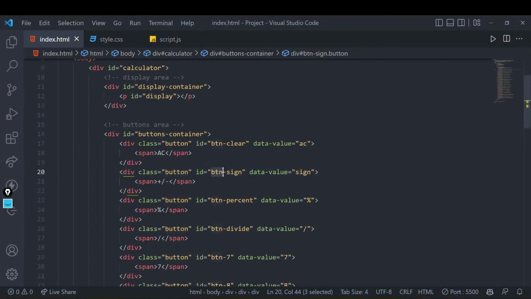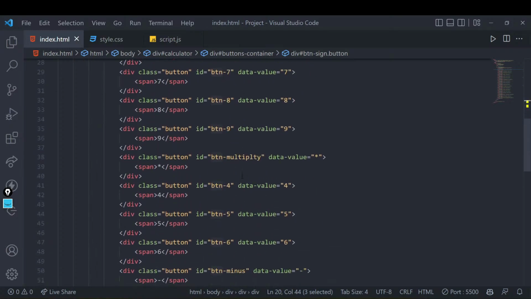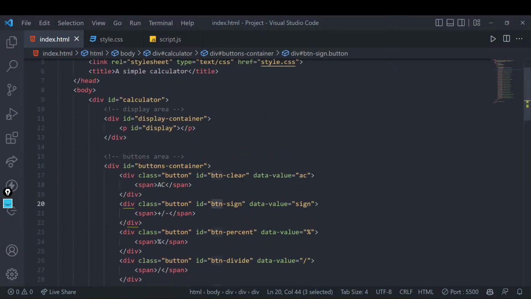Now these IDs are also over here, right? Why have we required IDs? Suppose I only want to select a particular button, or I only want to know what button it is. I can get that by tapping into its ID name. According to the button, we have given the ID name. Again, it's not a predefined thing. You have to give btn clear if you are adding a clear button. If you are adding a negation button, you have to give the id as btn sign. It's according to my own sense, so that is why I've given it that way. If you want to change it according to your need, it's totally up to you, right? So this is what I have done.